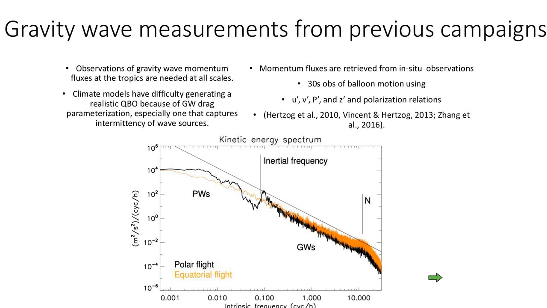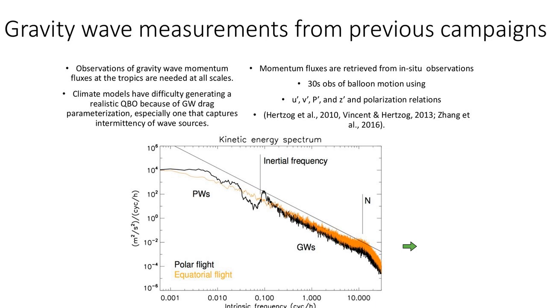So gravity wave momentum flux in the tropics, there's activity going on at a large range of scales, and so measurements are needed that measure all these scales. This information goes into the parameterization of the momentum flux and the gravity wave drag in climate models, for example. So